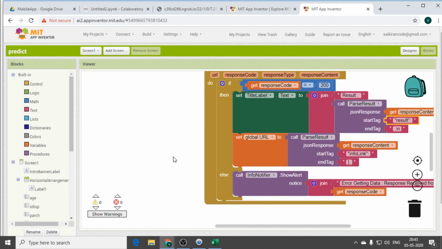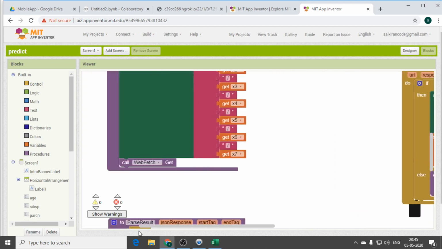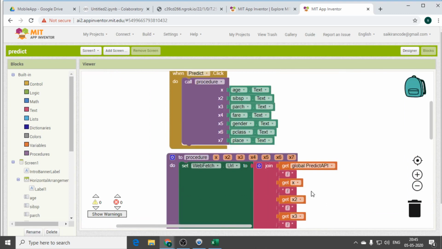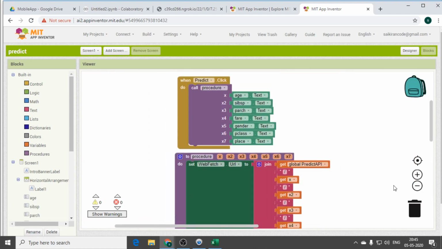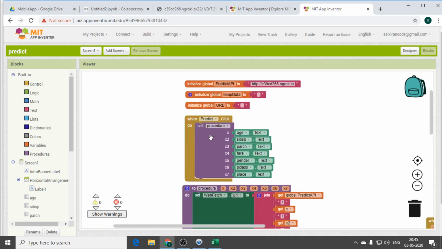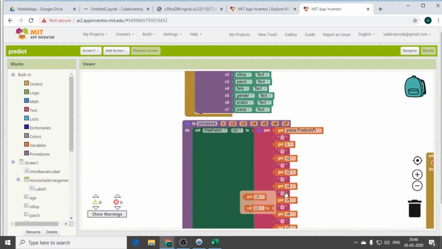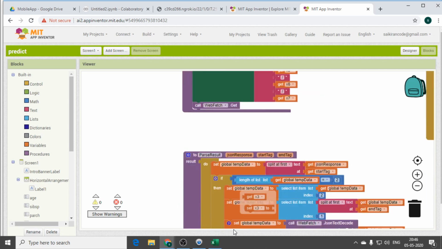Yes, so that's how you can go for building any mobile application with the help of any machine learning model. You can minimize it and you can see this predict function. In this you will be giving the URL. You go for the predict button and call the procedures. You give all your input with the help of a text file and fetch the data, give slashes, and you just replace, just 10 steps. I have already mentioned the same thing in the PPT. You can refer to the PPT.